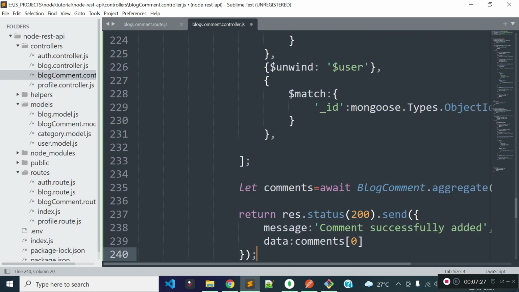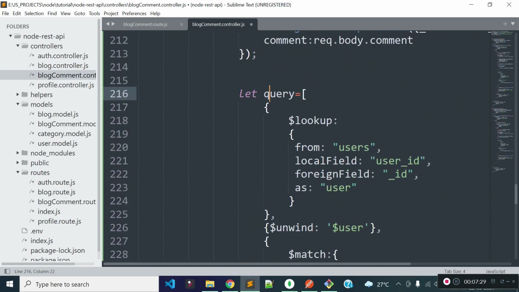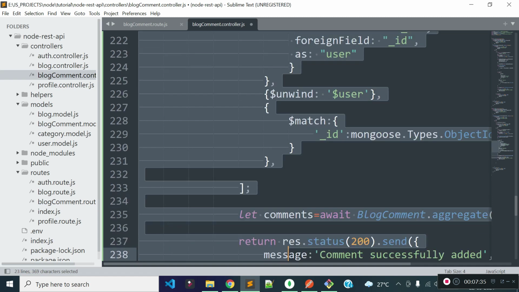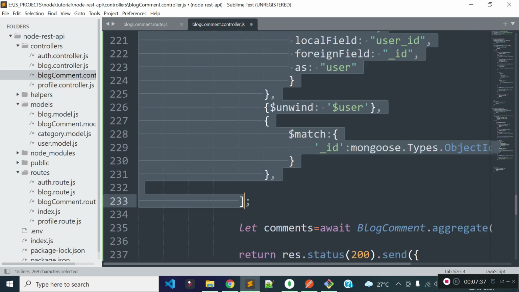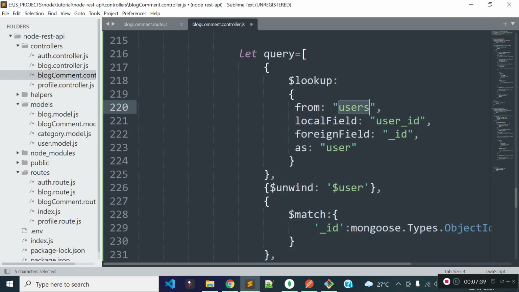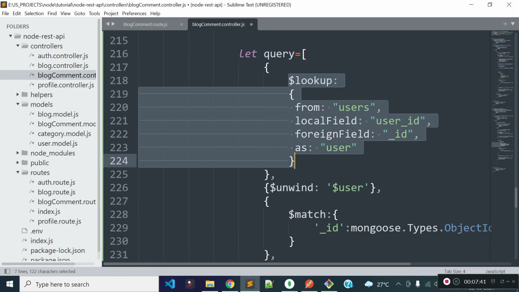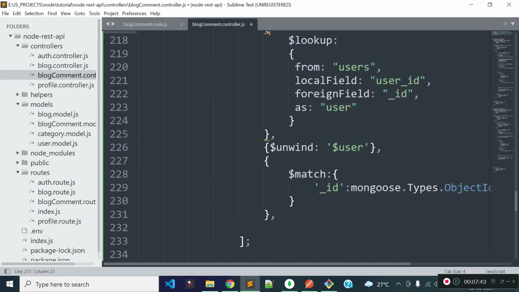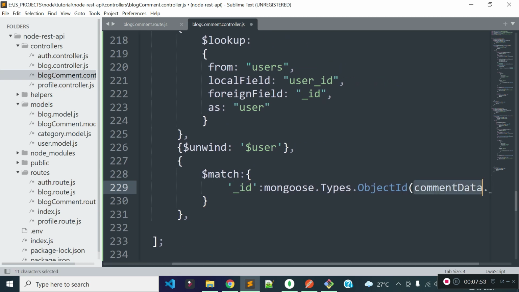So after updating comment data, I'll create a new variable called query where I'll store the condition for our aggregate method. I'm going to load user data for the comment, and we want the user data inside an object. That's why we're providing unwind $user here, and we are going to fetch the comment with our comment ID.